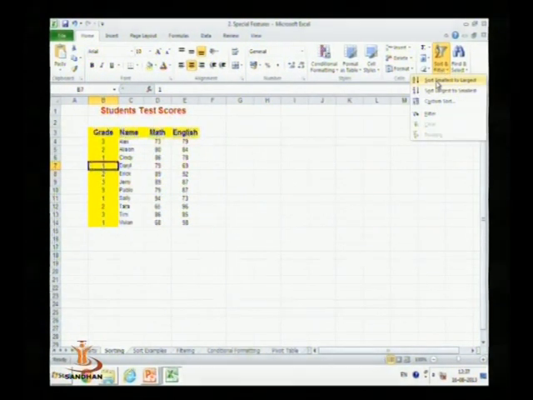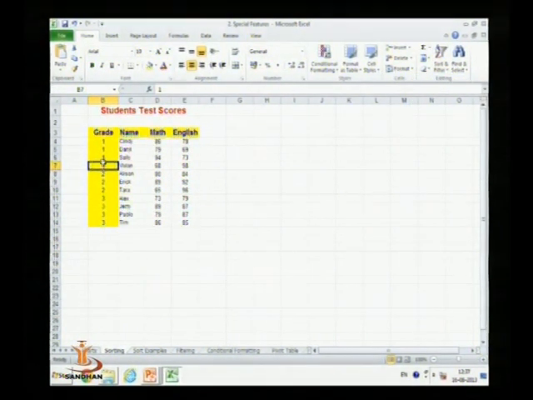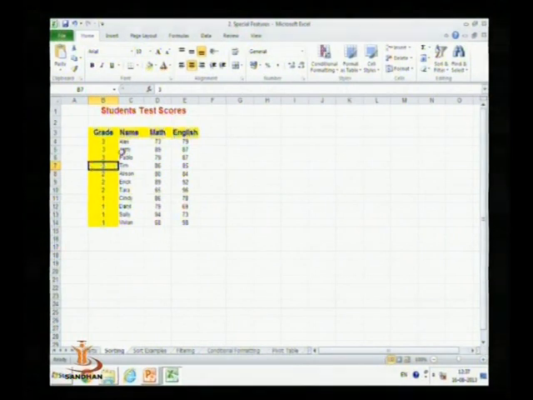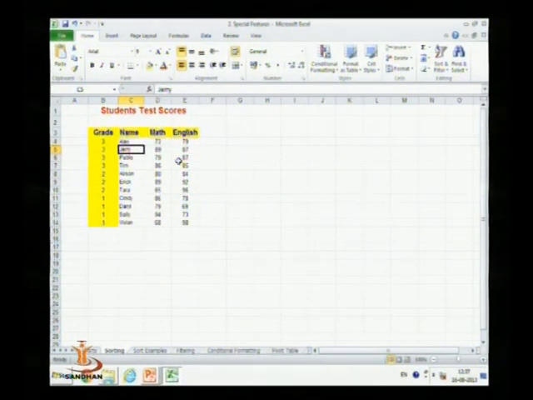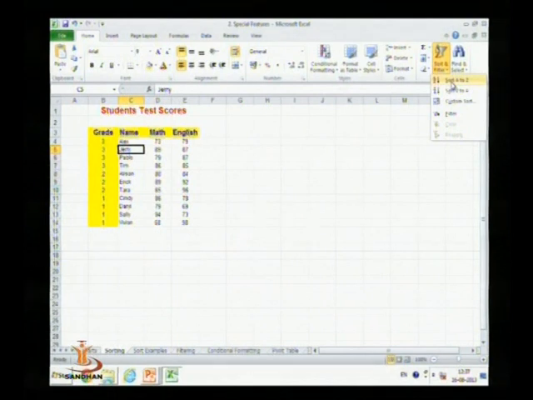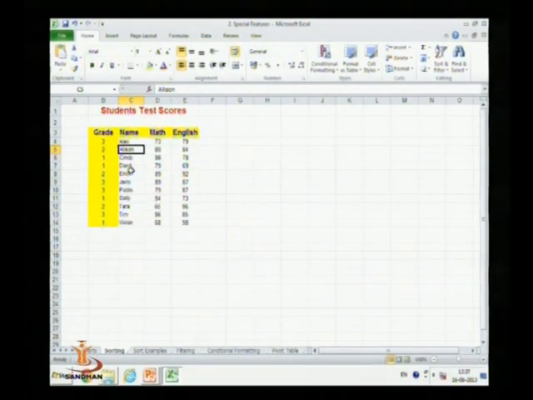If you want to sort from smallest to largest, select it, and grade will be sorted from smallest to largest. We can also sort from largest to smallest. Similarly we can also sort name-wise. Put your cursor in any row of the name column and just click A to Z. All the data will be sorted in alphabetical order from A to Z.